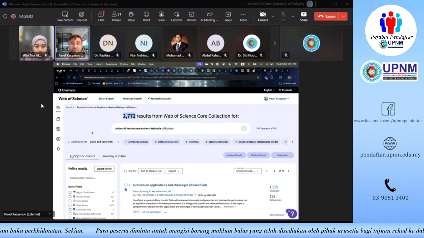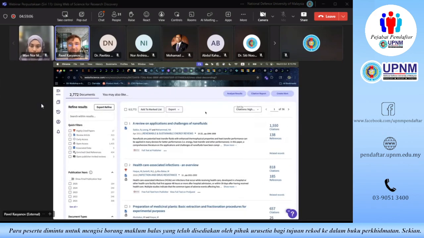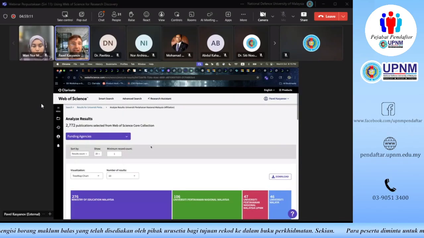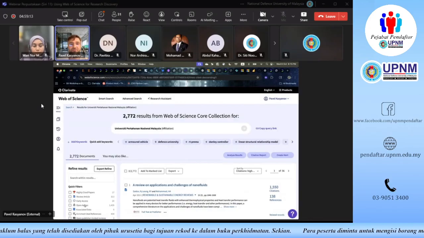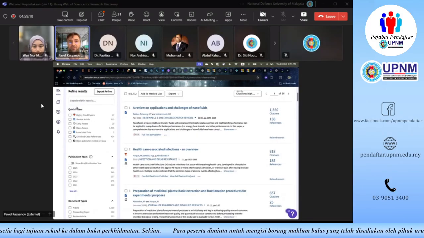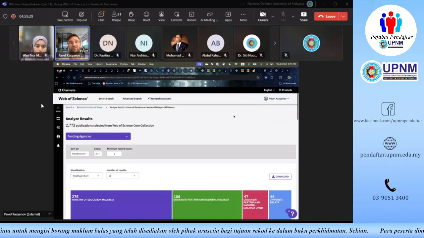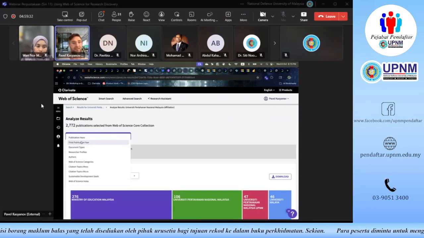Let's see what we can do here. We can see your top papers published across different years. If I go to analyze results, I could give you some explanatory analysis right here on the refine results panel, and I would strongly encourage you to first start taking a look at the refine results panel. But because I really want to give you some nice pictures about what's going on with the research at UPNM, I can click the Analyze Results button, and first of all, we can see the final publication year.